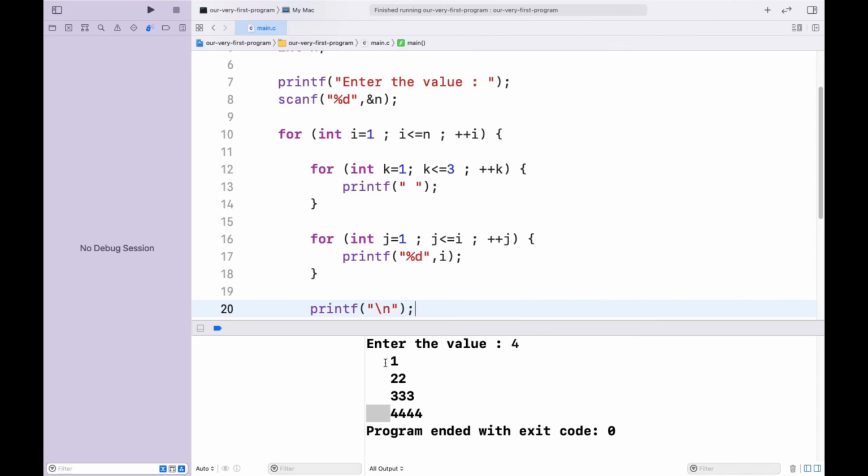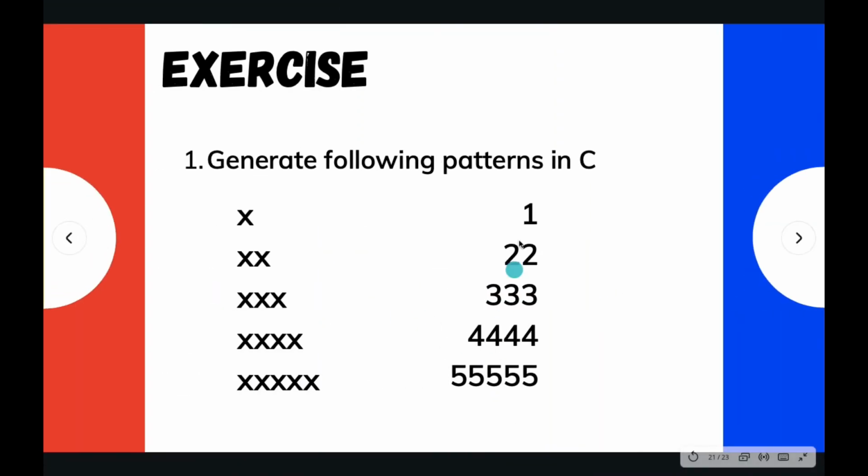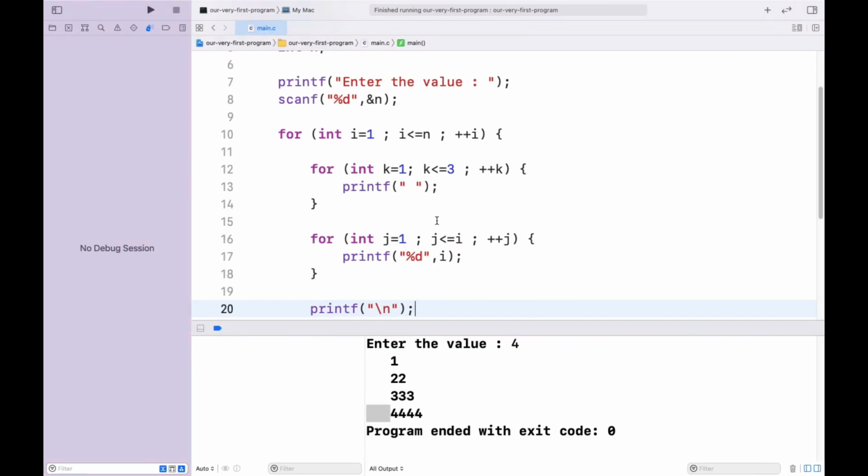So I guess for the very first line, in case of 5 we need 4 spaces. You can see if you are executing the pattern up to number n, then for the first execution we want n minus 1 spaces, for the second execution we need n minus 2 spaces, then n minus 3 spaces, and so on up to n itself.